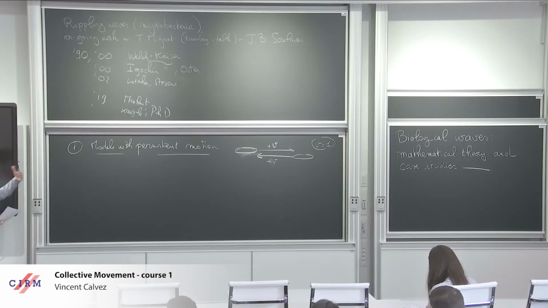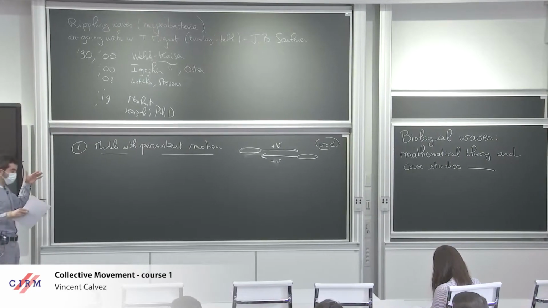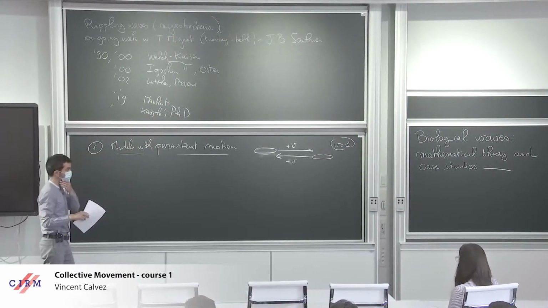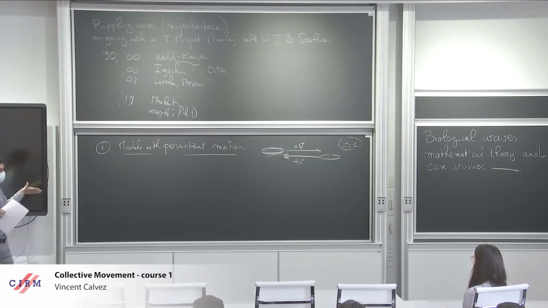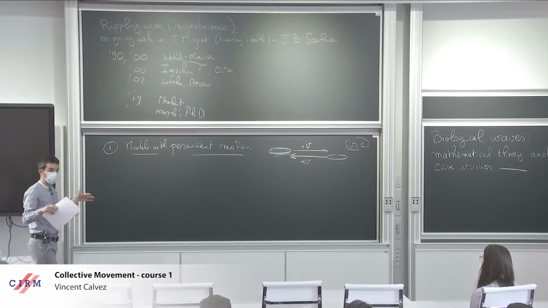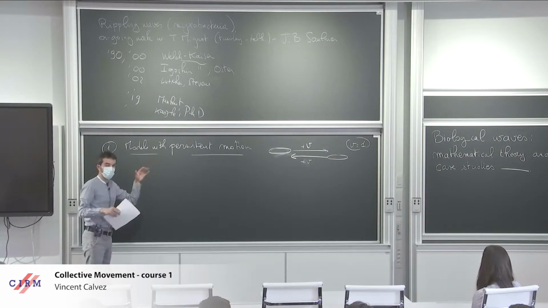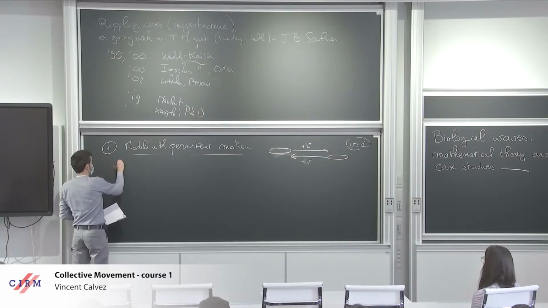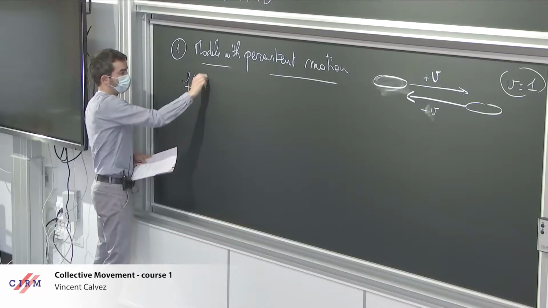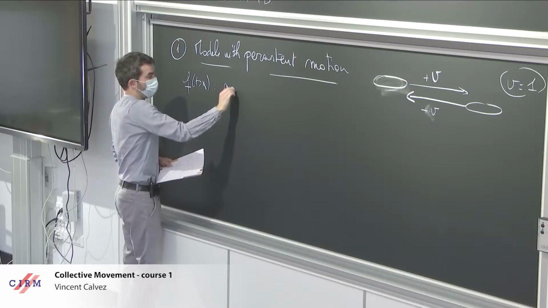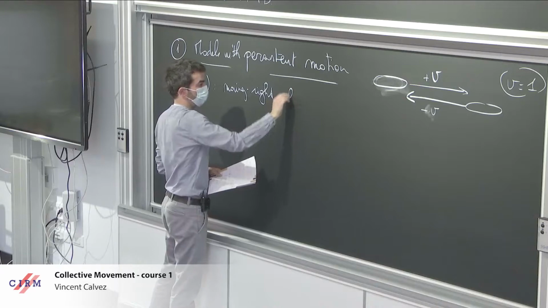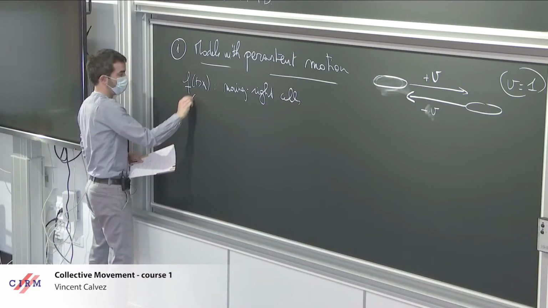So if you look at those waves, it's very natural, as a very basic first step, to split the population into two subpopulations, the ones which are moving to the right and the ones which are moving to the left. So let me give names to that. I will say f(t,x) will be the density of the right-moving cells, and g